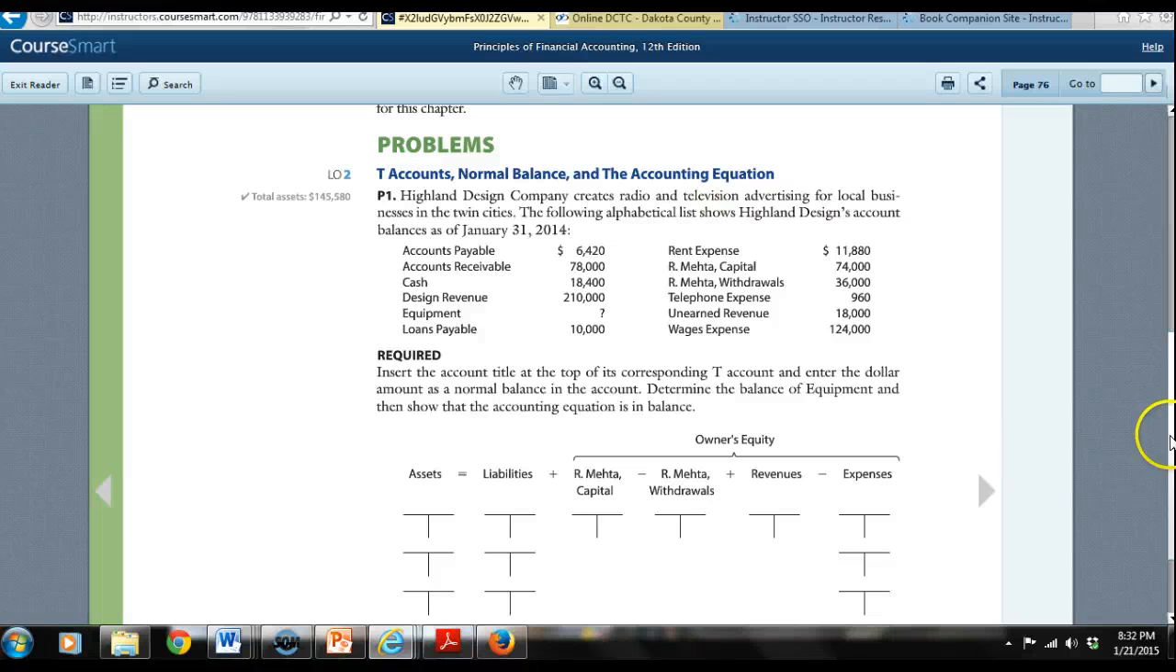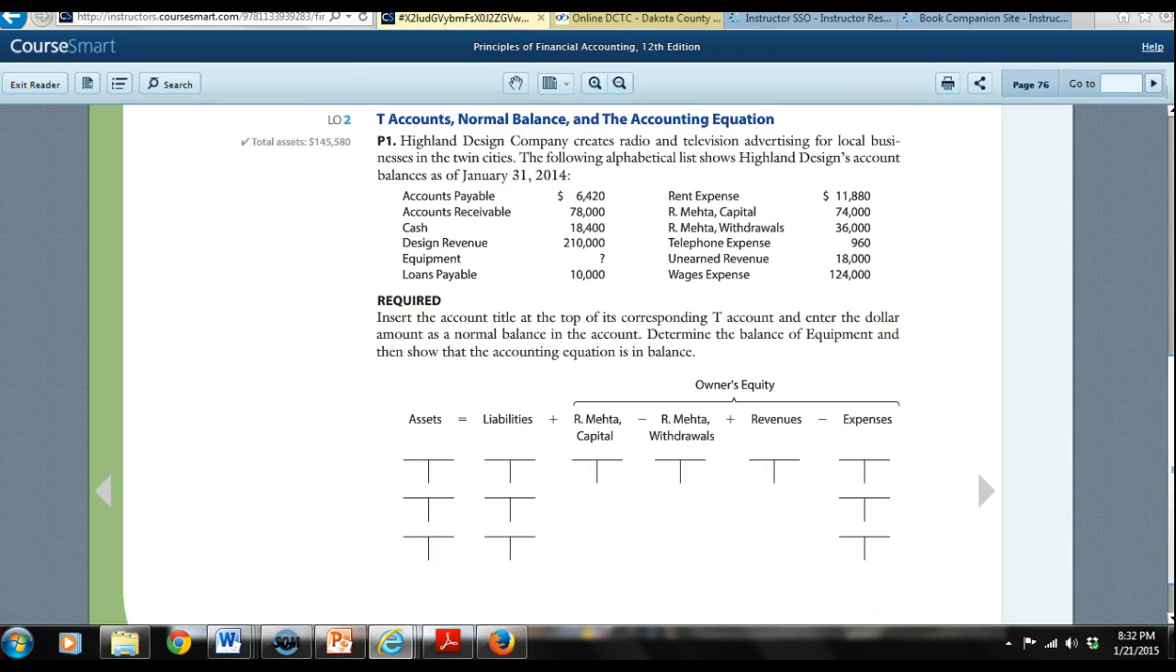So you have the cash. They're already listed for you here. So what I'd like you to do is show under assets, the cash shows 18,400. What are we going to do with that 18,400? Are we going to show it as a debit balance or a credit balance? Yes. So under cash